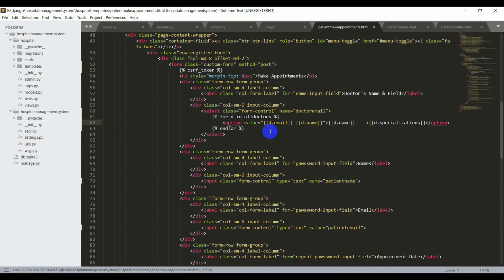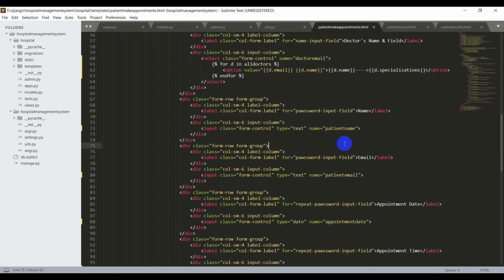So after the patient enters all the details in the page, he needs to submit the data. But in Django we have some conditions, right? The first one is form type should be post. So we have given the form type as post itself, and now we need a CSRF token in the form. That is, we also have the CSRF token, and also we need a name attribute for every input tag. So we have given a name attribute for every input tag, and yes, we have all the conditions.